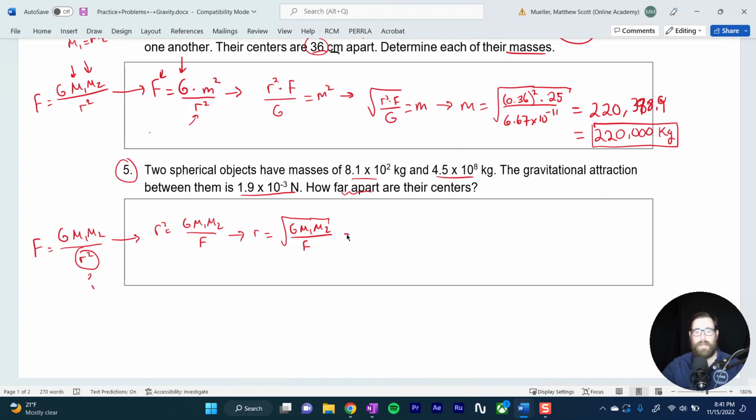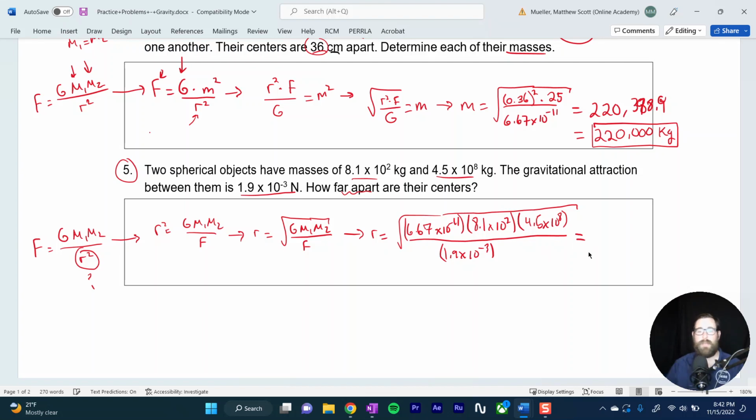So we plug in our values. So r is going to be equal to the square root of 6.67 times 10 to the negative 11th, multiplied by our first mass, which is 8.1 times 10 squared, multiplied by our second mass, 4.5 times 10 to the 8th, and then all of that is divided by 1.9 times 10 to the negative 3rd newtons. We punch that in our calculator, and we get